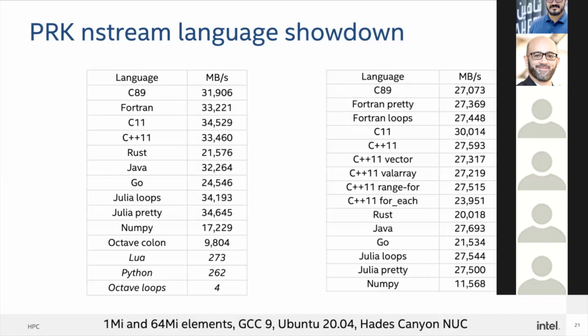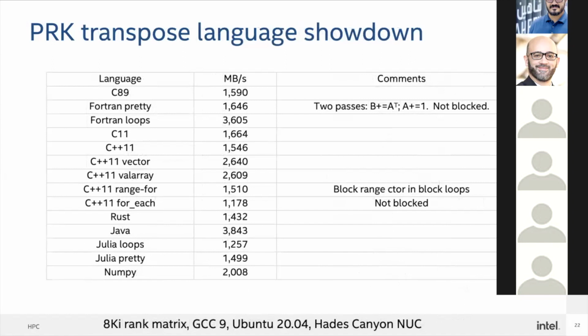The other one that was surprising is how good Java is. I checked the code and I can't see anything wrong. I'm not getting bogus data. And so I am left to assume that I have been making fun of Java for a very long time for no good reason. It is better to say Java is amazing. Unless I can invalidate these results somehow, I will have a lot of respect for Java for a long time. And that's kind of amazing. Okay. Now transpose. Transpose is slightly more interesting.